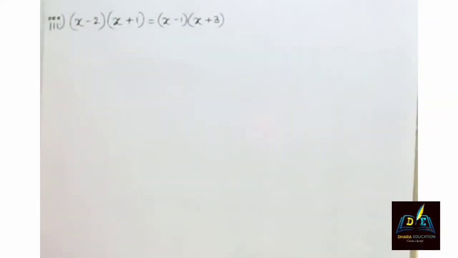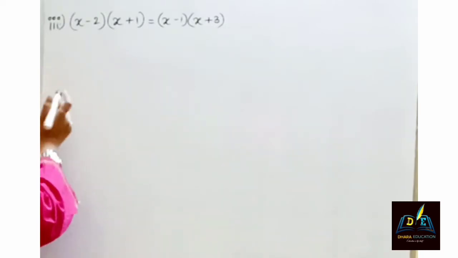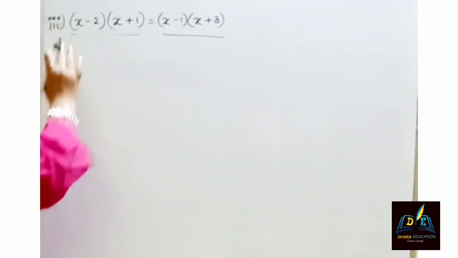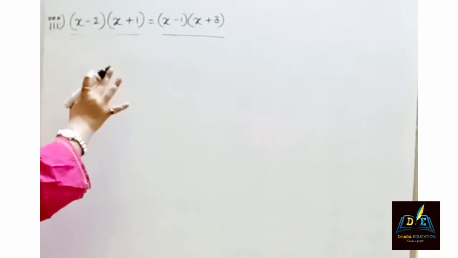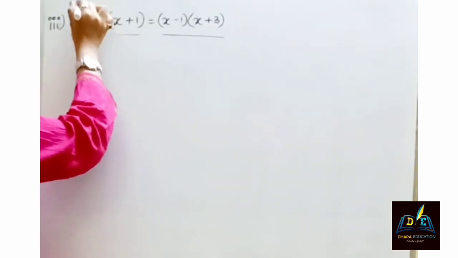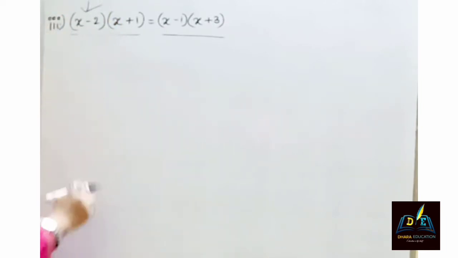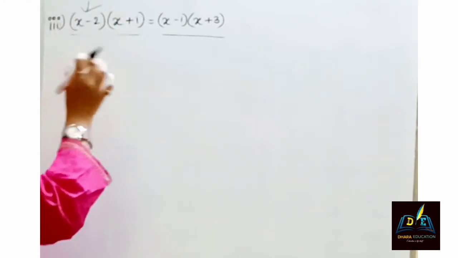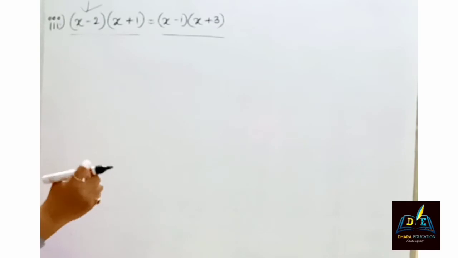Okay, this is another sum for the CBSE board, exercise 4.1, third sum. In this particular sum, you need to solve very clearly. You have to make things very clear as per the standard form of the quadratic equation, so we need to make it into that particular form. How are we going to make it? There is a method. You have to break this bracket and multiply the complete bracket, and then you can solve it. Let's start.